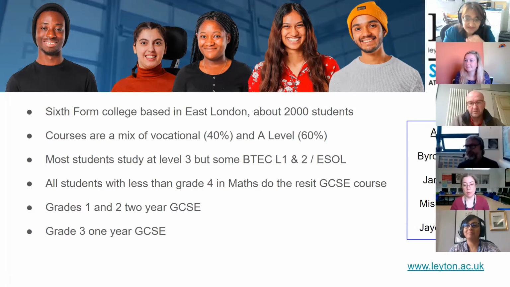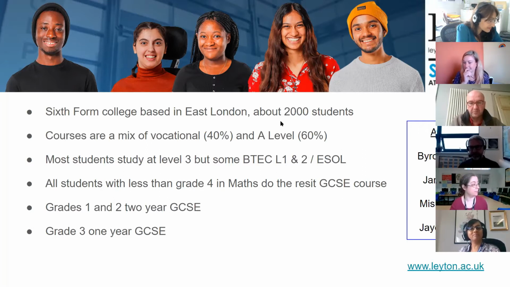So this is the context that we're working in. One of the things that makes us different from lots of sixth form colleges is that we do GCSE resit for all students. At many sixth form colleges, you have to have a grade 3 to be allowed to do GCSE resit, and other students do functional skills or entry-level qualifications. Everyone does GCSE resit at Leighton Sixth Form College, whatever grade they've come in on. And so we've got some students who've come in with no grade or grade 1 and 2 who've really struggled with maths. And our project was focused on those learners and building their conceptual understanding.